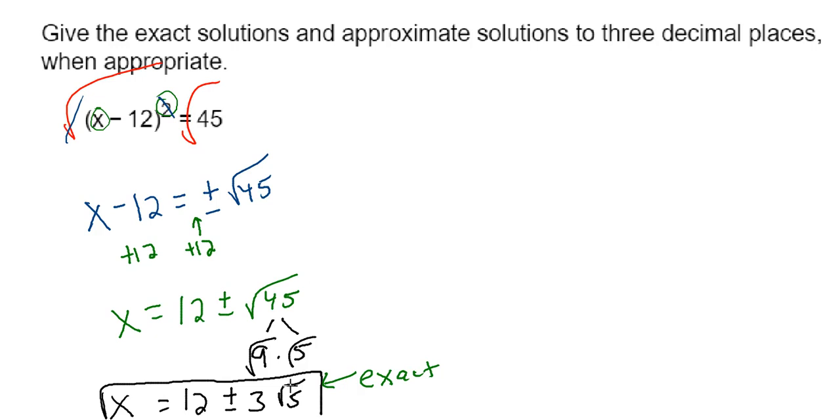And so I'll get 6.708203... Now here we've got to deal with the plus or minus. So let's go ahead and write it up here for the approximate solution. We'll have 12 plus or minus the